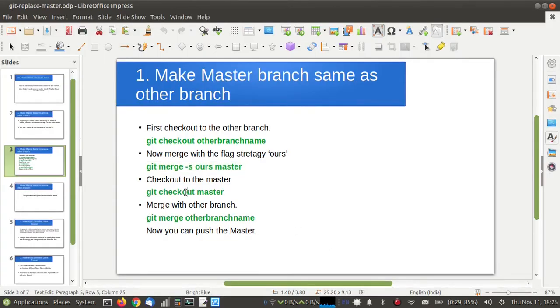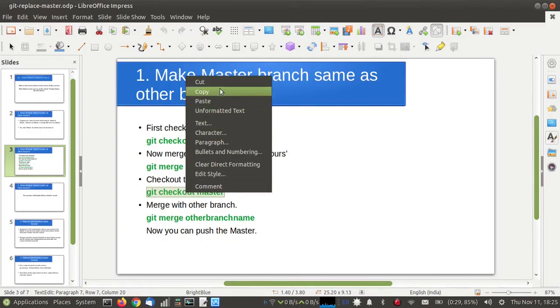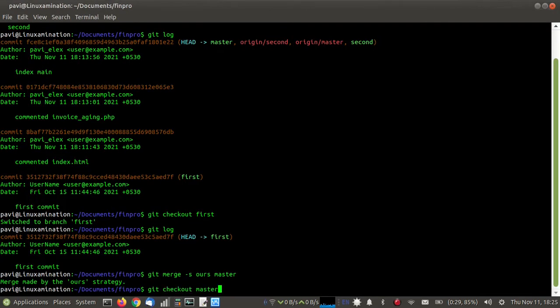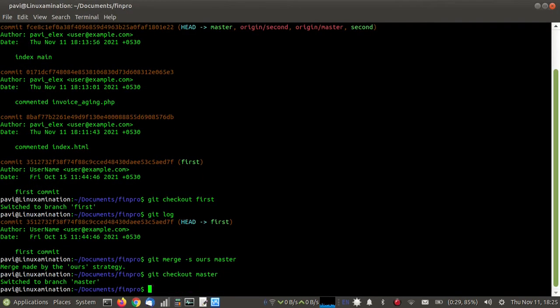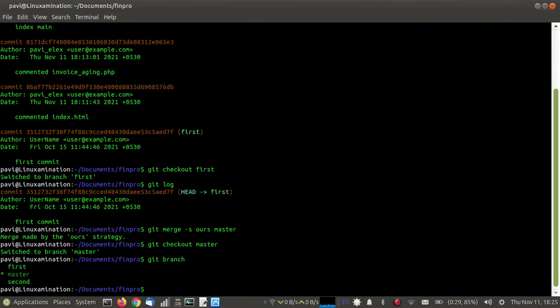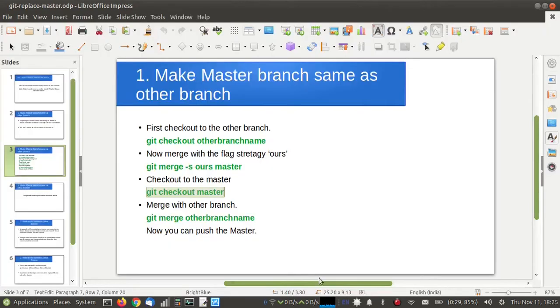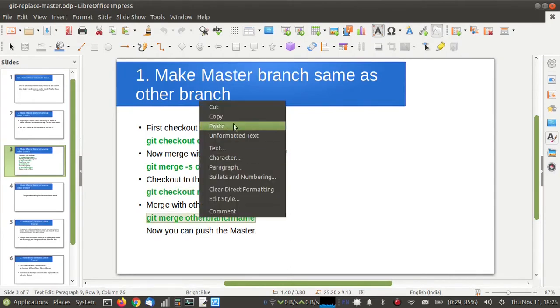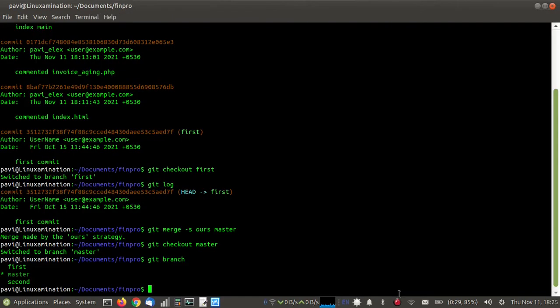Now I am going to check out master again. You can see my branch is master now. And then I am going to merge this other branch into master. My other branch name is first.